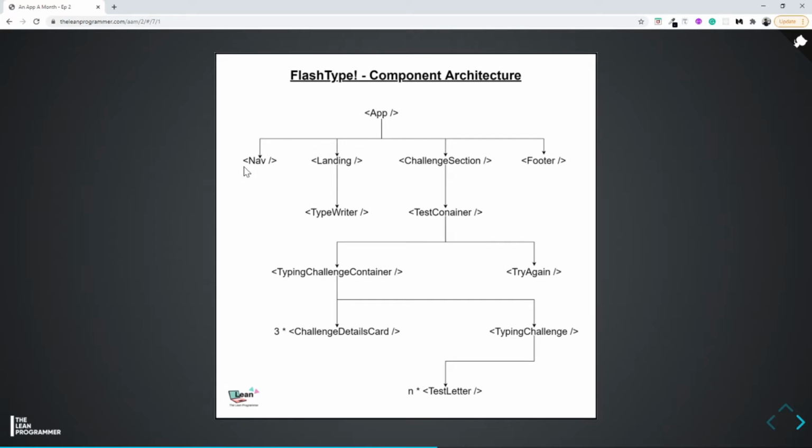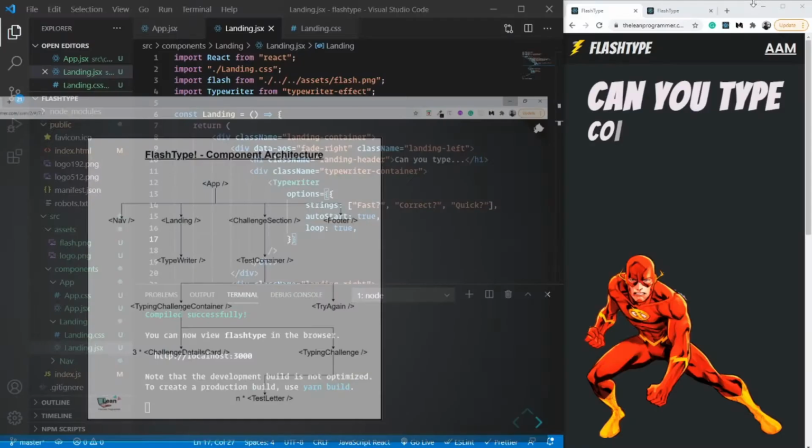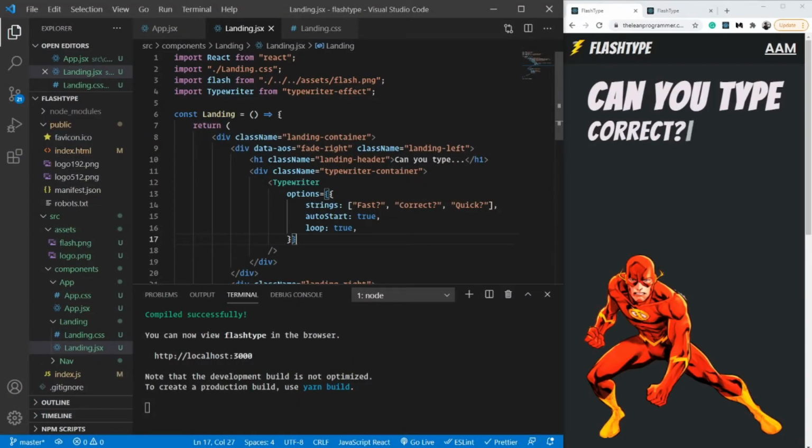In this section, I told you that we are going to go through the challenge section in this video, but I thought that instead of going with the challenge section, let's quickly complete the footer and then we can proceed towards the challenge section, because footer is going to be a very simple component just like our navigation bar. So in this video, within 2 or 3 minutes, let's quickly finish our footer